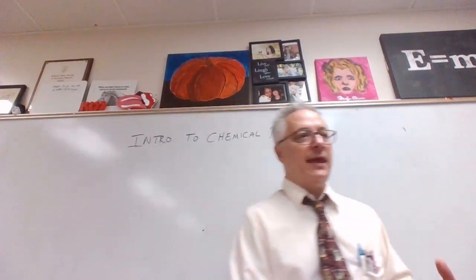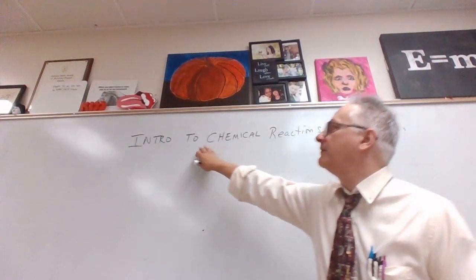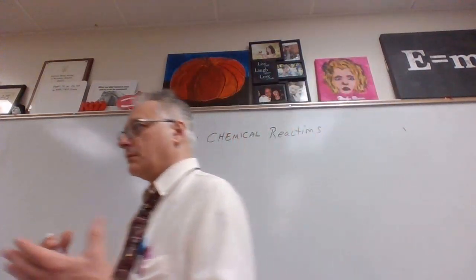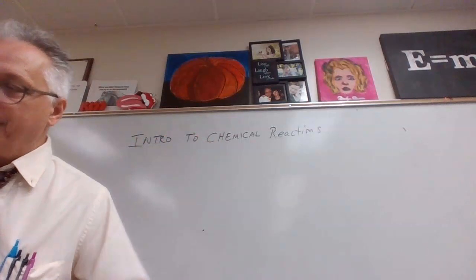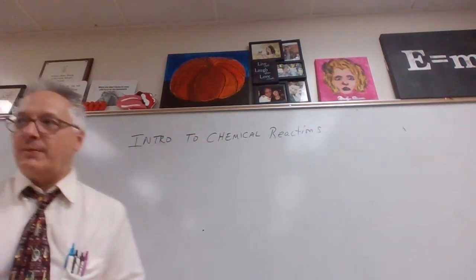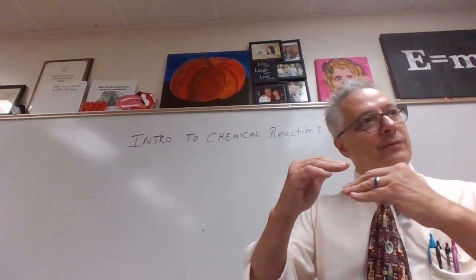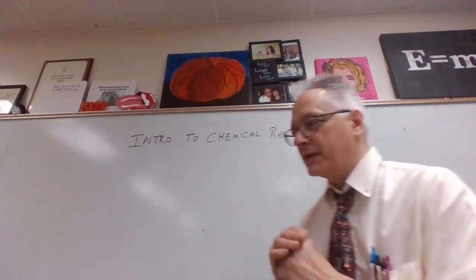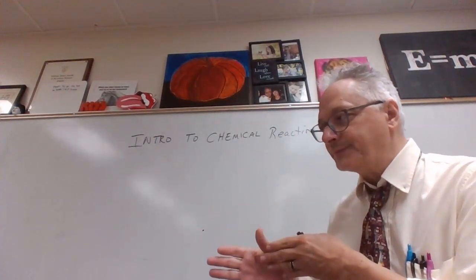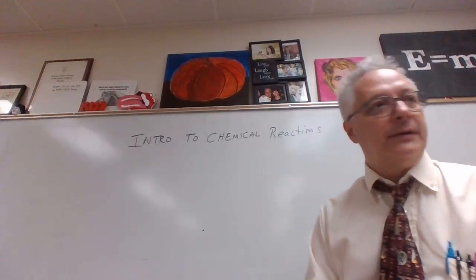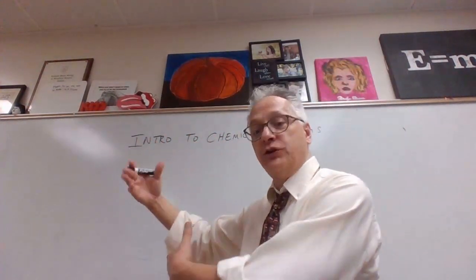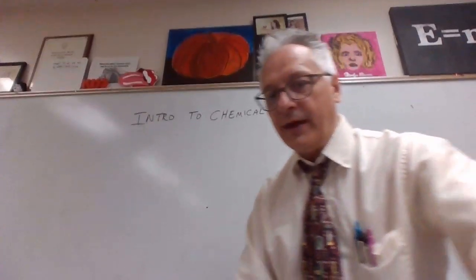Okay, today's going to be an easy day because I'm just going to give you an intro to chemical reactions and what they mean when I write them. How do you write them? How do we know if a chemical reaction has taken place? And then we're going to take that and move into what's called balancing chemical reactions. When you balance a chemical reaction, you have to play around a little bit with some numbers so that we have the same number of atoms of each type on both sides. But before we do that, first of all,